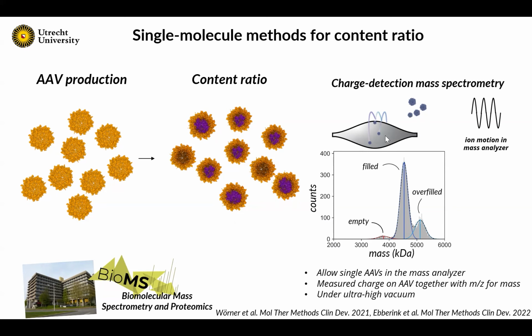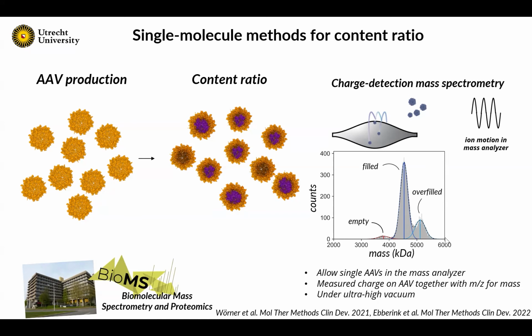Basically, we allow only a few particles or even a single particle at a time in the mass analyzer in the Orbitrap and detect the charge, in this case on our capsids, and based on that extract the mass,